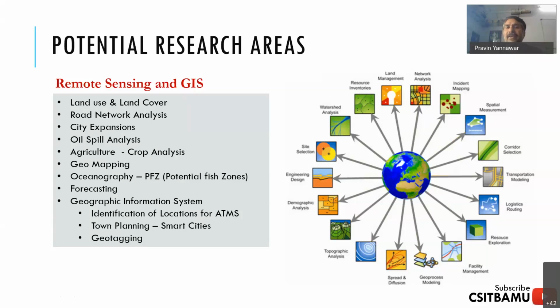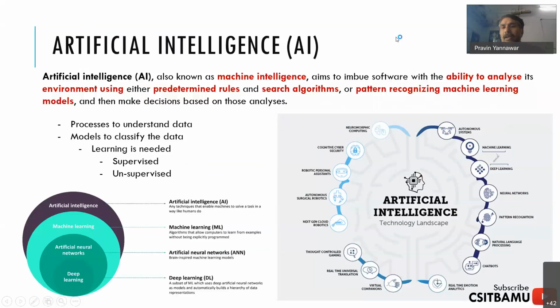So once we have data, then you need to work with the processes, and those processes will help you in producing some quality output. Okay, and this is possible by the inclusion of artificial intelligence. So now, what exactly is artificial intelligence? If you look at this, you'll find that